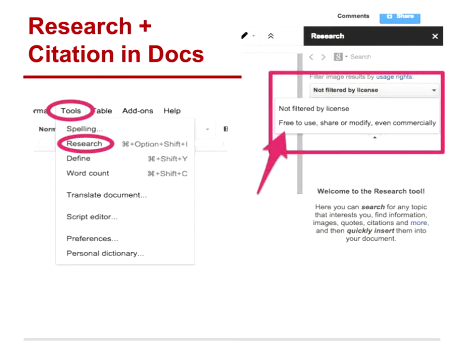Another way that you can use Google Docs: you don't really need to leave the Google environment to do any research. You can do research right within Google Docs. If you are teaching younger kids and you're looking for a picture, you go into Tools when you open up Google Docs, you click on Research, and you can find pictures that are free to use, share or modify, even commercially.